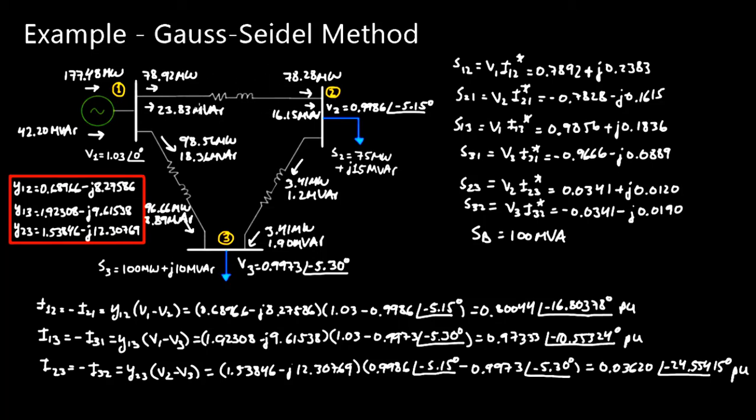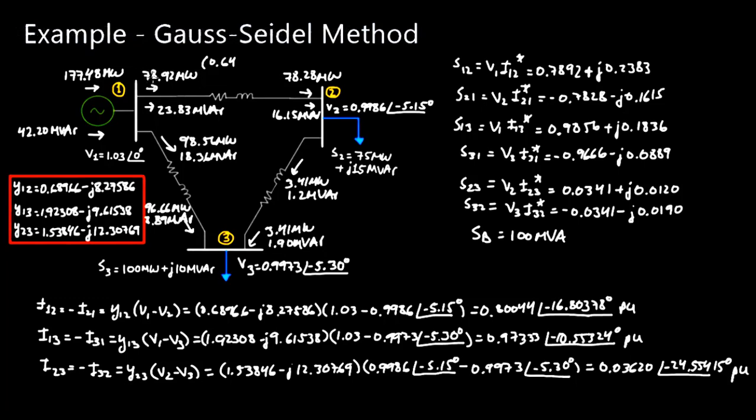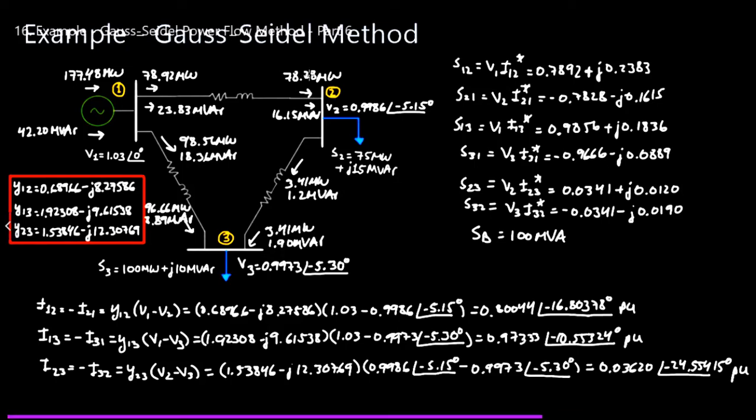So a common notation that you might see in power flow diagrams is to say here in parentheses, we're going to write down the losses. So we get a loss of basically this number minus this number, so 0.64 megawatts and 7.68